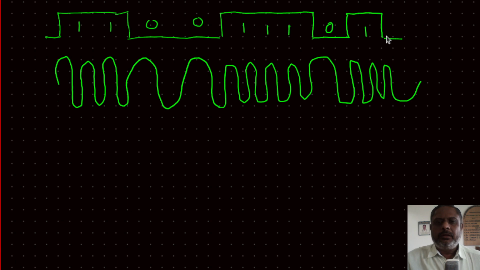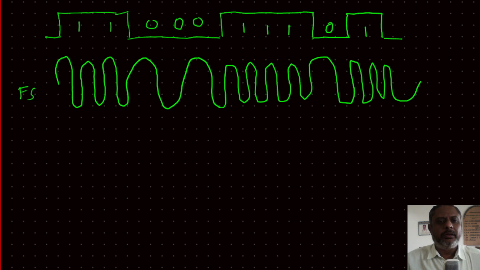Now for our digital input, say 1100 11101, we have our input made ready as 1 represented by high and 0 represented by low and so on. Now this high is converted into a high frequency and a low is converted into low frequency